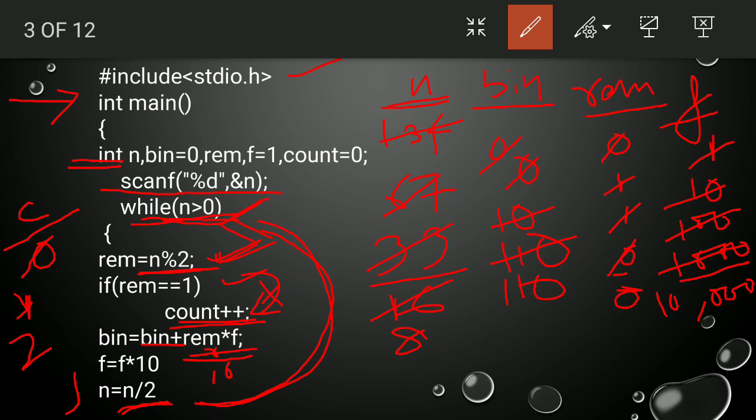So remainder is 0. Is remainder equal to 1? No. So count will not be incremented and it will come to bin is equal to bin plus remainder into f. So remainder is 0, 0 into 10,000 will be 0. So bin will be same as the previous value, that is 110. F equals to f into 10. Again it will multiply with 10. So 10,000 into 10, what will be? That is 1 lakh.